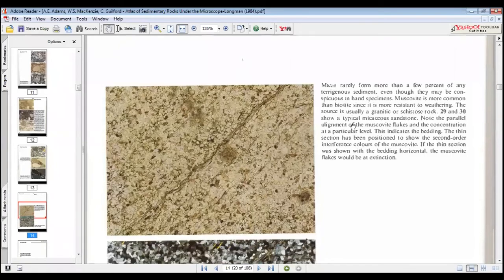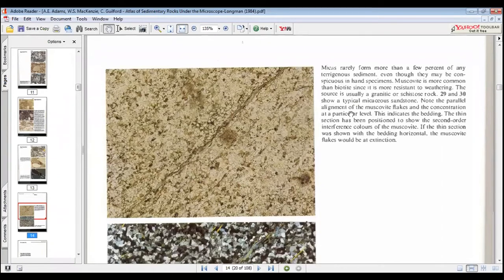Biotite is less resistant to weathering and easily deforms into clays. However, muscovite remains resistant to weathering, especially chemical weathering. And as a result, if your rock has been sourced from igneous and metamorphic rocks having micas,